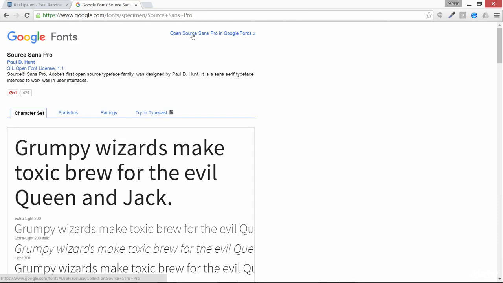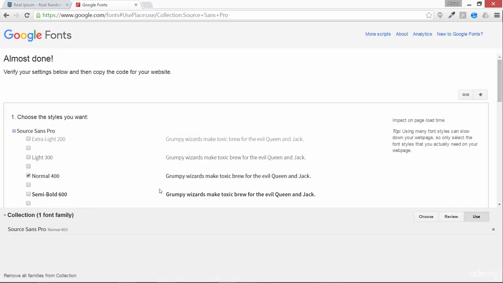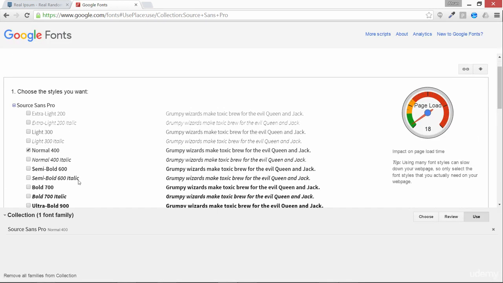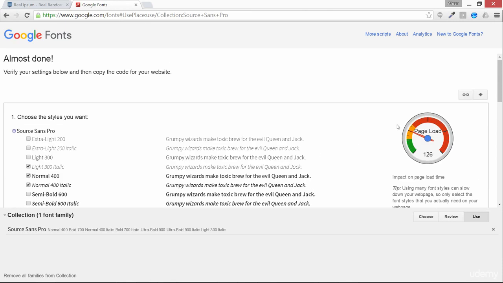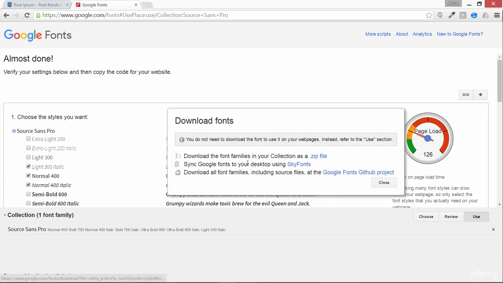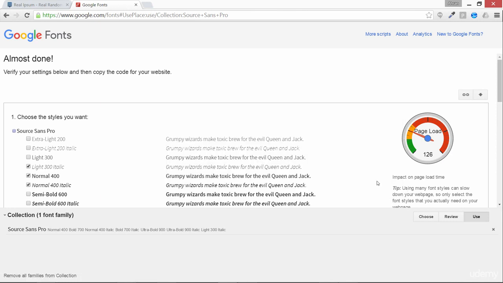If you want to open it in Google Fonts, you can click over here and go to this page and select any font over here, like bold, semi-bold, or maybe select all of them and download from this button. Okay, click over here. You can see here it says zip file. Download the zip file and install it on your PC or Mac. Okay, these are the two resources we are using.